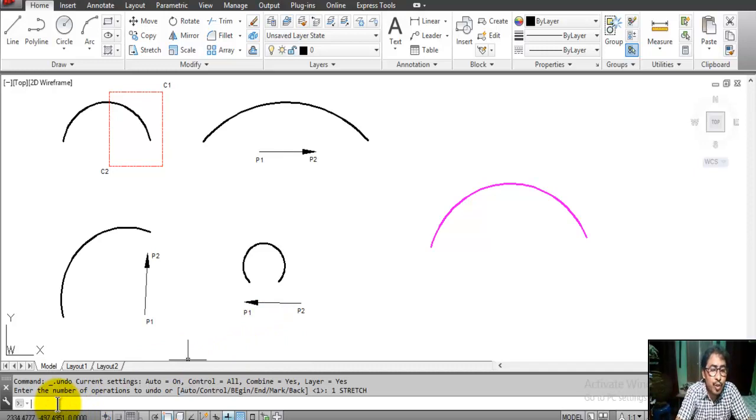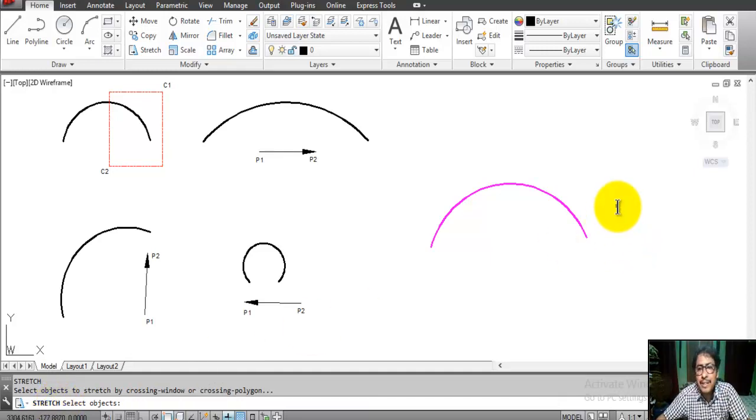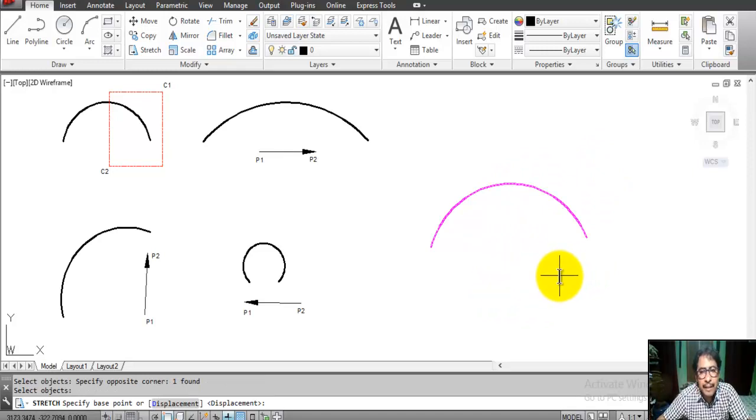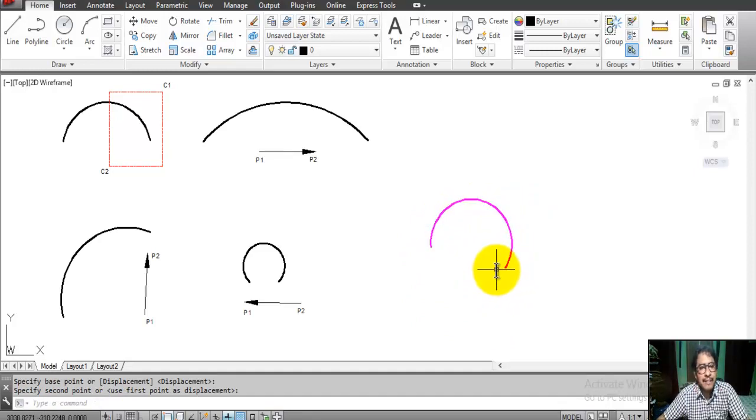Now type the stretch command shortcut S, enter, select object, this is C1, this is C2, enter, specify base point, specify second point. Okay, the curve length decreases, the radius decreases in this way.